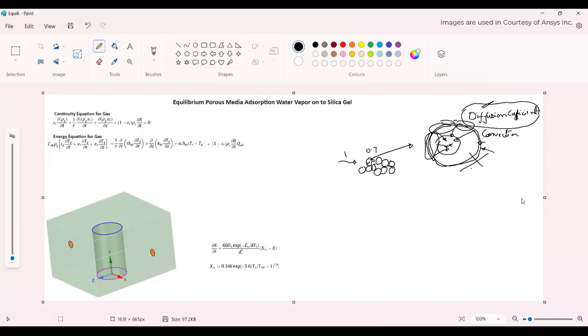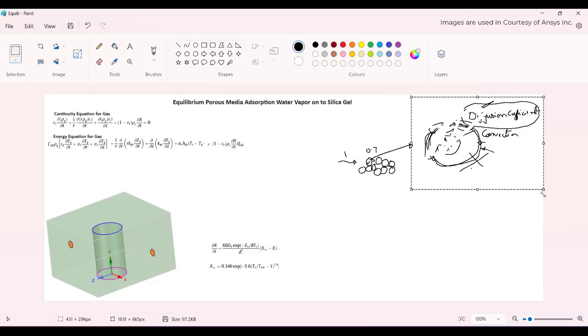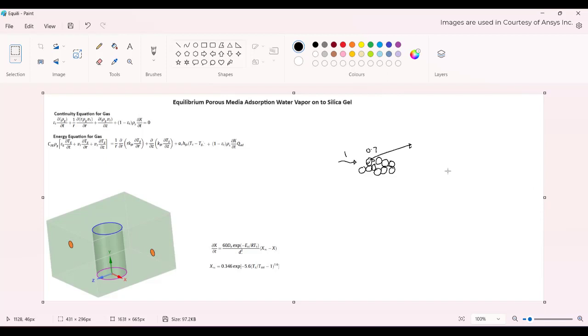So any gas that has a higher diffusion coefficient with respect to the adsorbent is preferable in an adsorbent case, right? So now, one is the mass fraction of the water vapor that comes in contact with the silica gel, and 0.7 is left, the remaining 0.3 will be going into the silica gel. So whenever anything gets adsorbed onto the silica gel, I'll just remove this. Remove completely. So anything which gets adsorbed onto the silica gel,